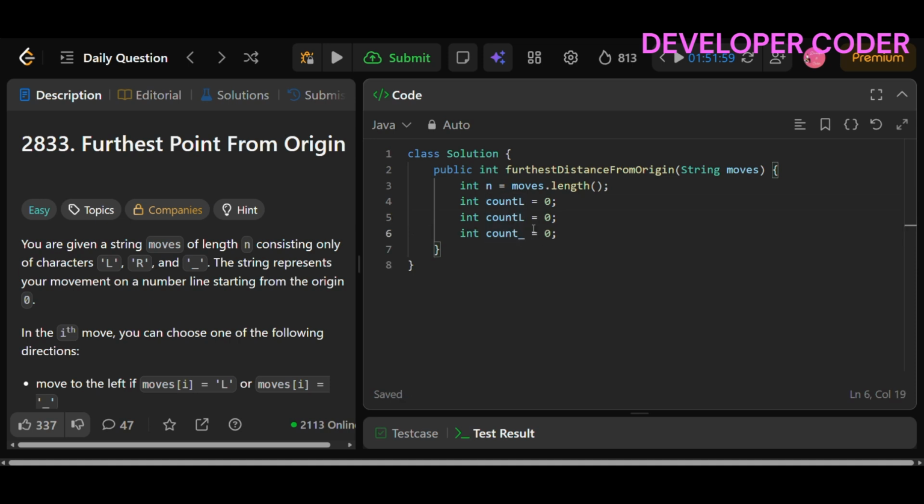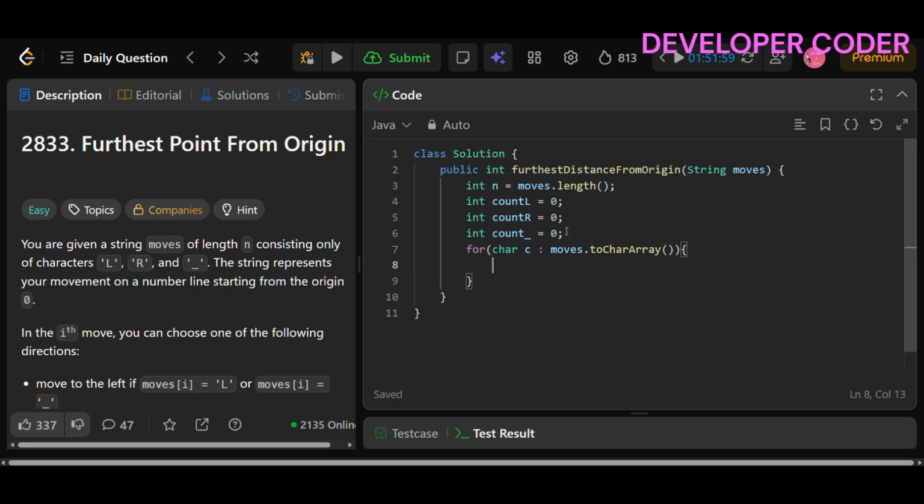So here underscore, here I'm writing R, then just iterate over your string characters one by one. So here you can say char c in moves.toCharArray(), and now here you have to check if c is equal to L. In that case count of L is going to be incremented,